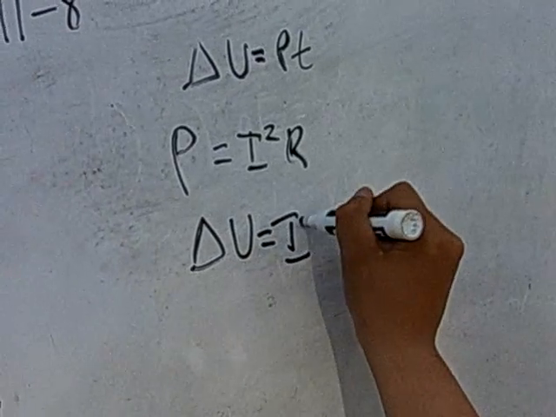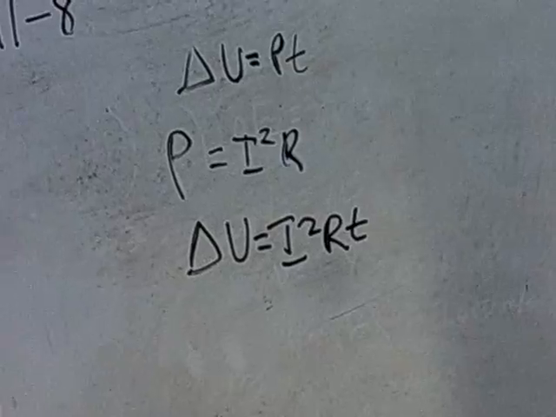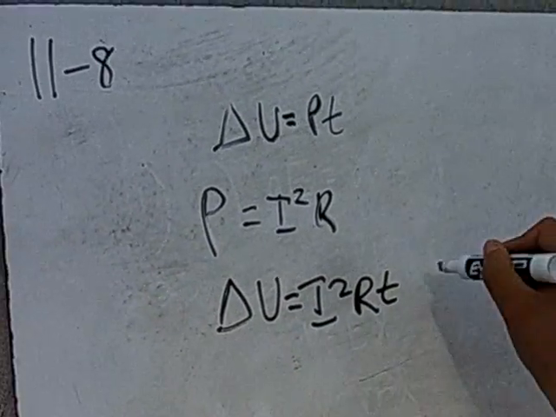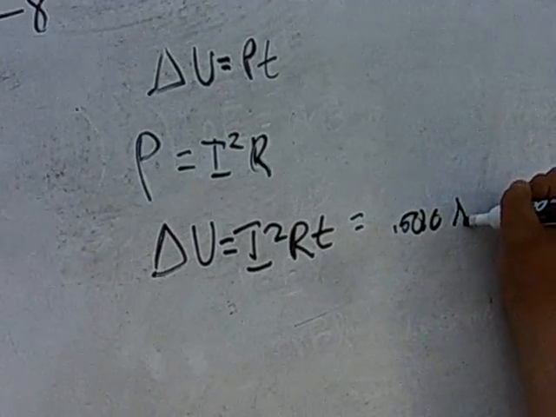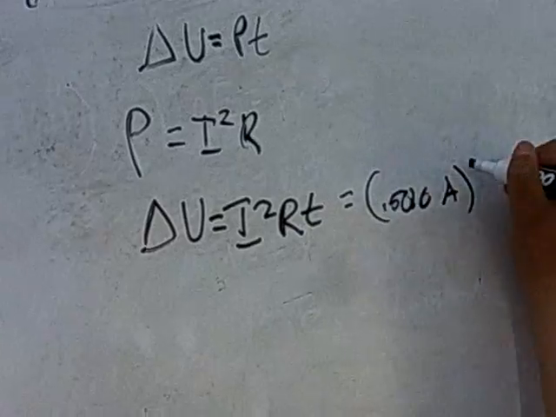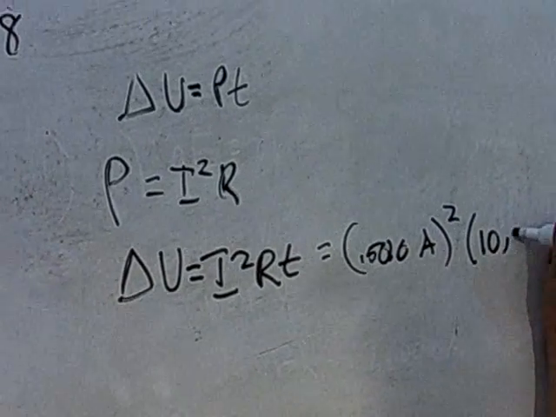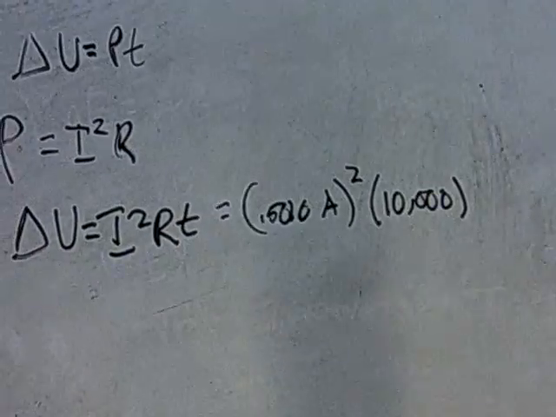this equation, I squared R times T. And then you just substitute everything. We already have I, which is 0.5016 amperes. So you do that squared, and then you multiply by the resistance. And then you multiply it by the time, which is